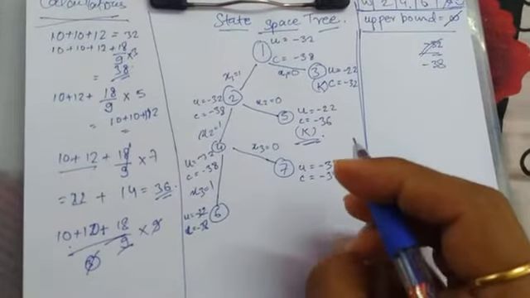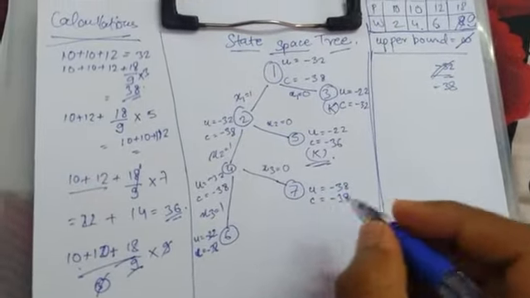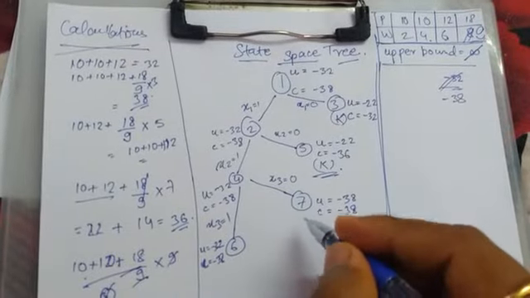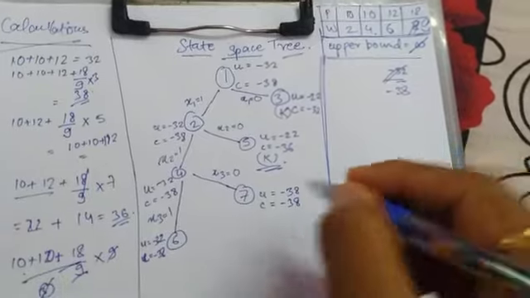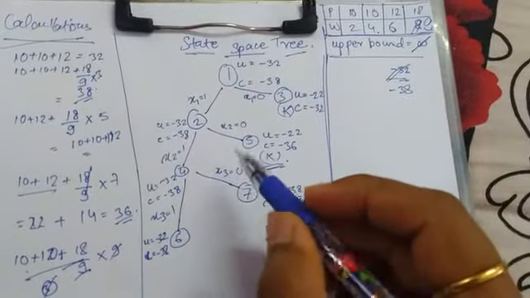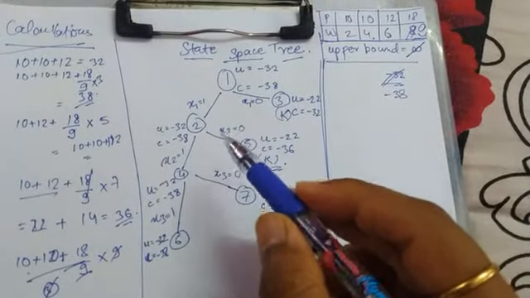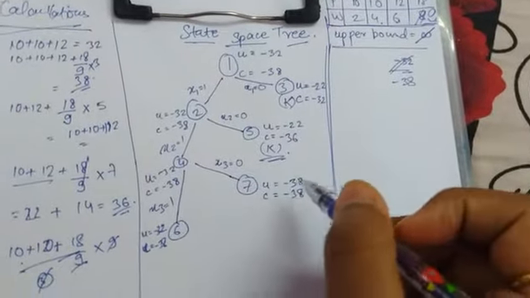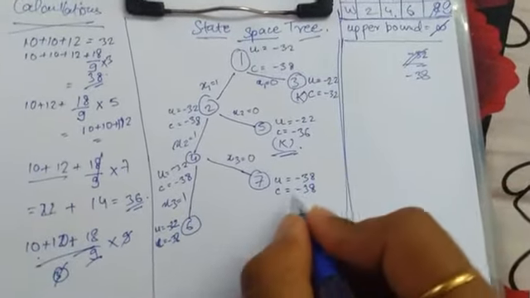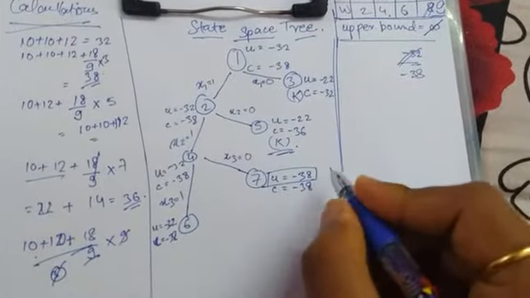So now we can get the final profit from here because we have considered all the objects and we got this one, right? So this is our final profit